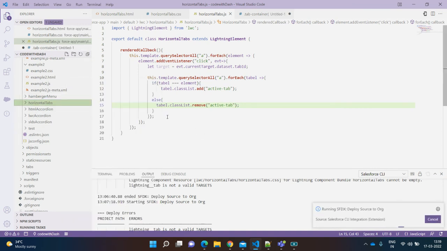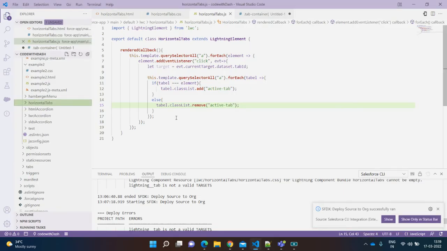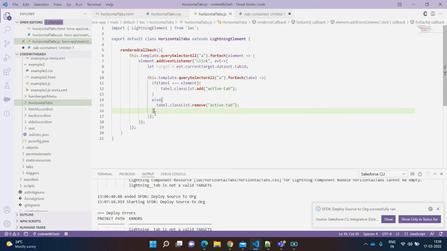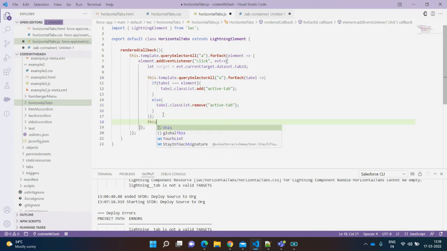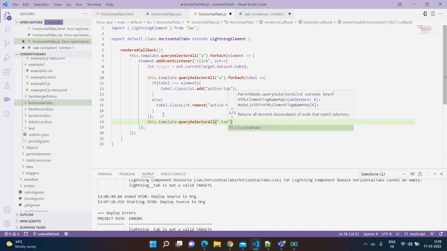Headlocks. So now this one I've done. And what about the content of it? Content also initially I'll disable it for all. Then on click of this should be enabled. So I'll be doing that again here. So end of this, I'll be here. This dot template dot query selector all. And I'll be adding dot tab